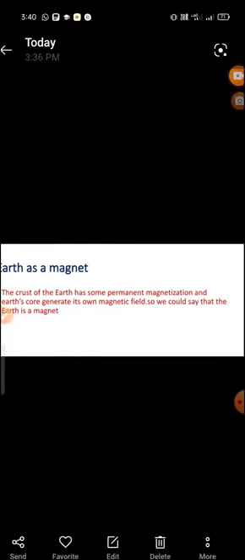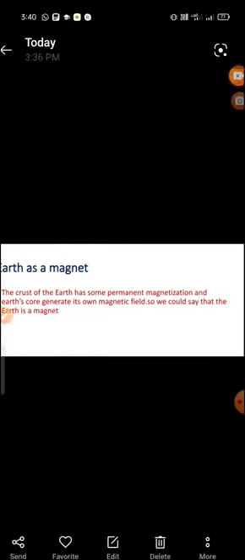So we could say that the earth is a magnet. To know this, we have to do one activity. For this, to know earth as a magnet, we have to take one bar magnet.